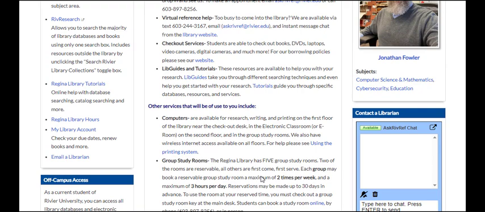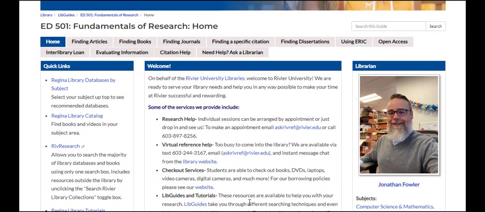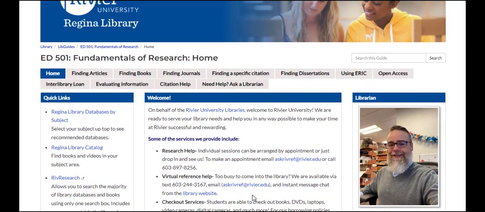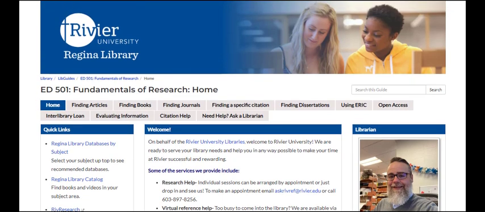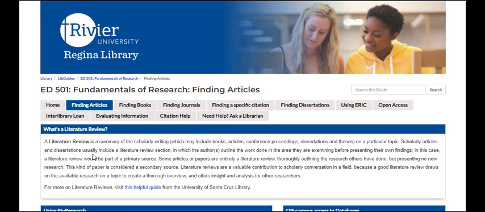While this homepage provides a great overview of resources, this LibGuide also has several pages that go into more depth about specific research strategies. Let's take a look at the next tab, Finding Articles. This page provides a number of tips and resources for when you are searching for or using articles from our databases. As you will no doubt be asked to write a literature review for one, if not several of your